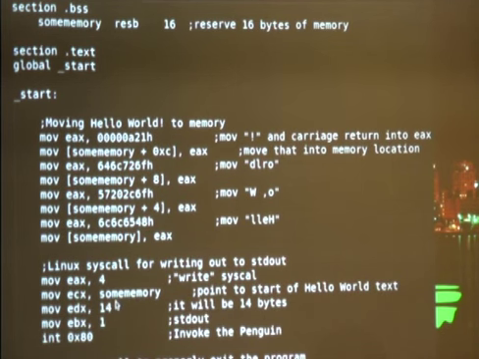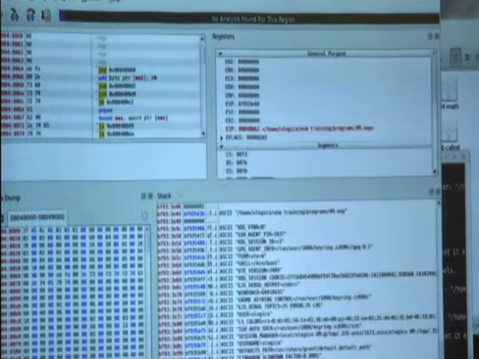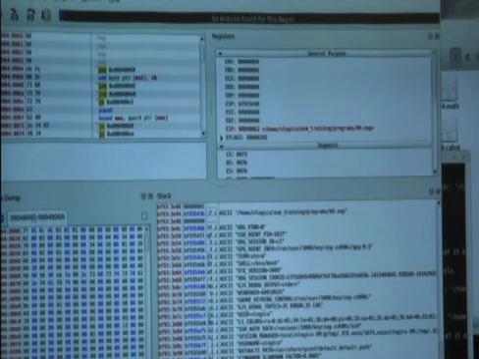And then EDX is how much you're actually writing. So in this case, 14 bytes is how much we were writing. And then EBX is just more specific. It's going to be the standard out. And after it writes that, we load EAX with 1 and call the penguin again, and that just gracefully exits. So I'll run this one, and we'll actually look at the memory down here this time